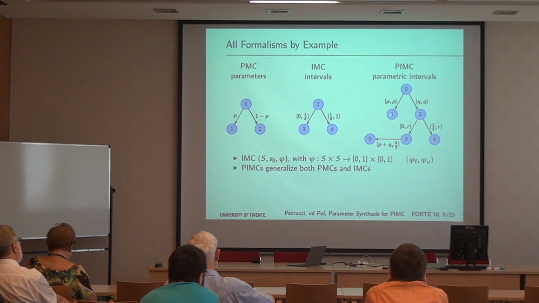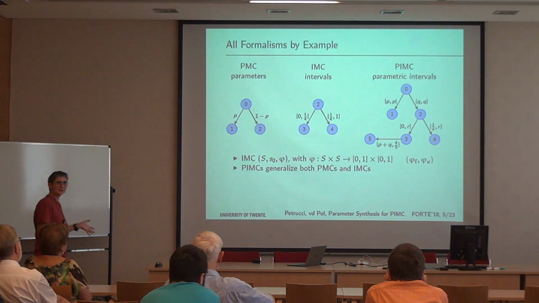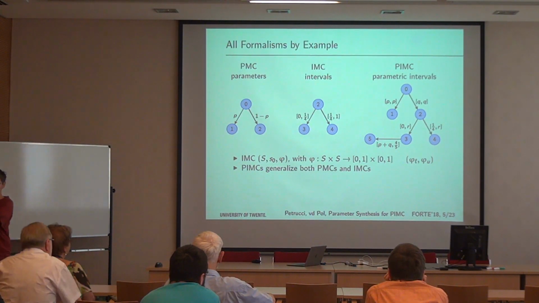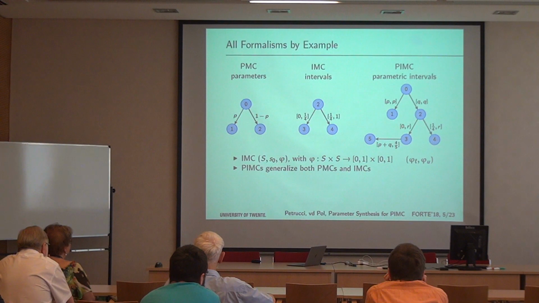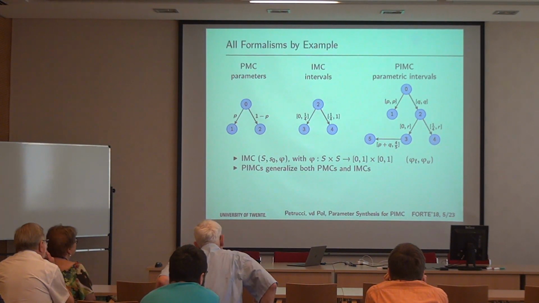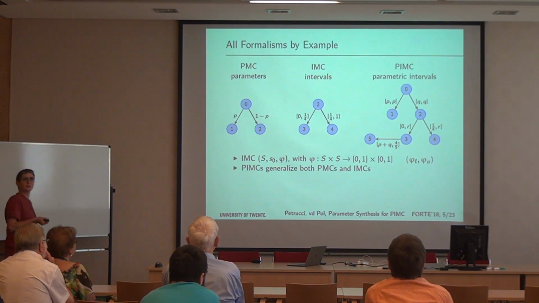These parameters, P, Q, R, are the same for any place where they occur in the model. That is, this P is the same as this one, but it's also the same as this one. So once you choose a value for P, then in the whole model it's the same value. So you can see already that it's a bit more complex, because you have different possibilities that are locally possible, but maybe not globally possible.